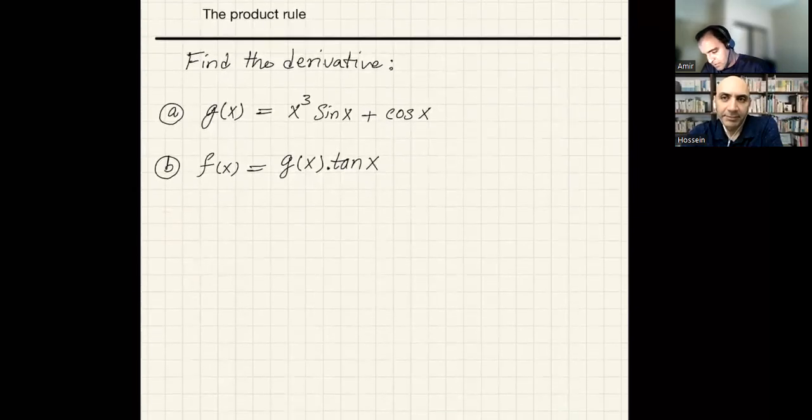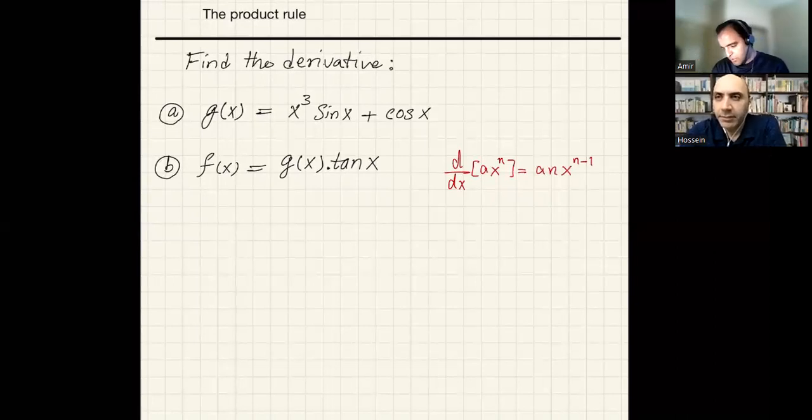So for the power rule, we have this. Let me just use a thinner one. If we consider the derivative of a times x to the power of n, where n is any real number, it's going to be a times n times x to the n minus 1. And A is a constant, right? Yes. A is also constant. So that's the power rule. So for the first problem, we have